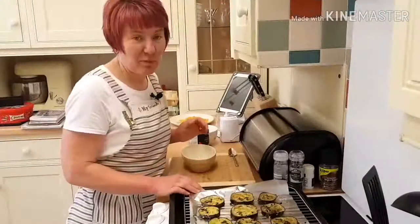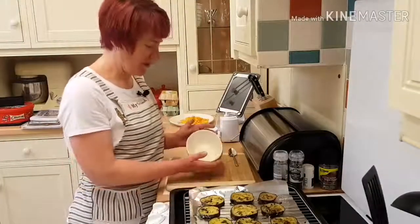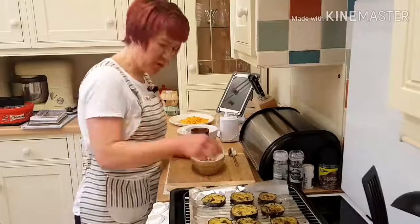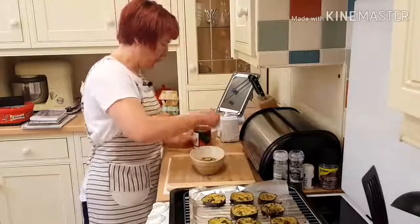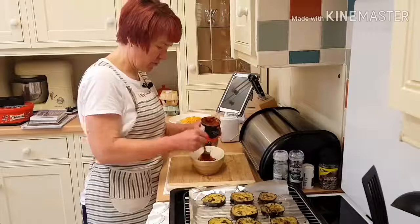So my aubergines have been grilled under the grill, so they're all nicely cooked. So I'm going to get my mason dish and I'm going to build up my aubergine bake. So on the bottom I'm going to put aubergine, and then over the top is some tinned tomatoes,